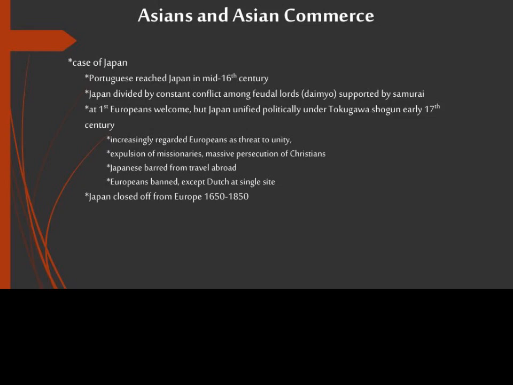And at first, the Europeans were welcome, but Japan unified politically under the Tokugawa shogun in the early 17th century. And so Japan initially was open, but the Tokugawa shogun closed Japan off from Europeans. And Japan provides an interesting case study in this era. When a civil war among the daimyo lords wreaked havoc in the 16th century, many Japanese welcomed the Europeans as sources of trade, new weapons, even a new faith. There were about 300,000 Japanese that converted to Christianity. However,